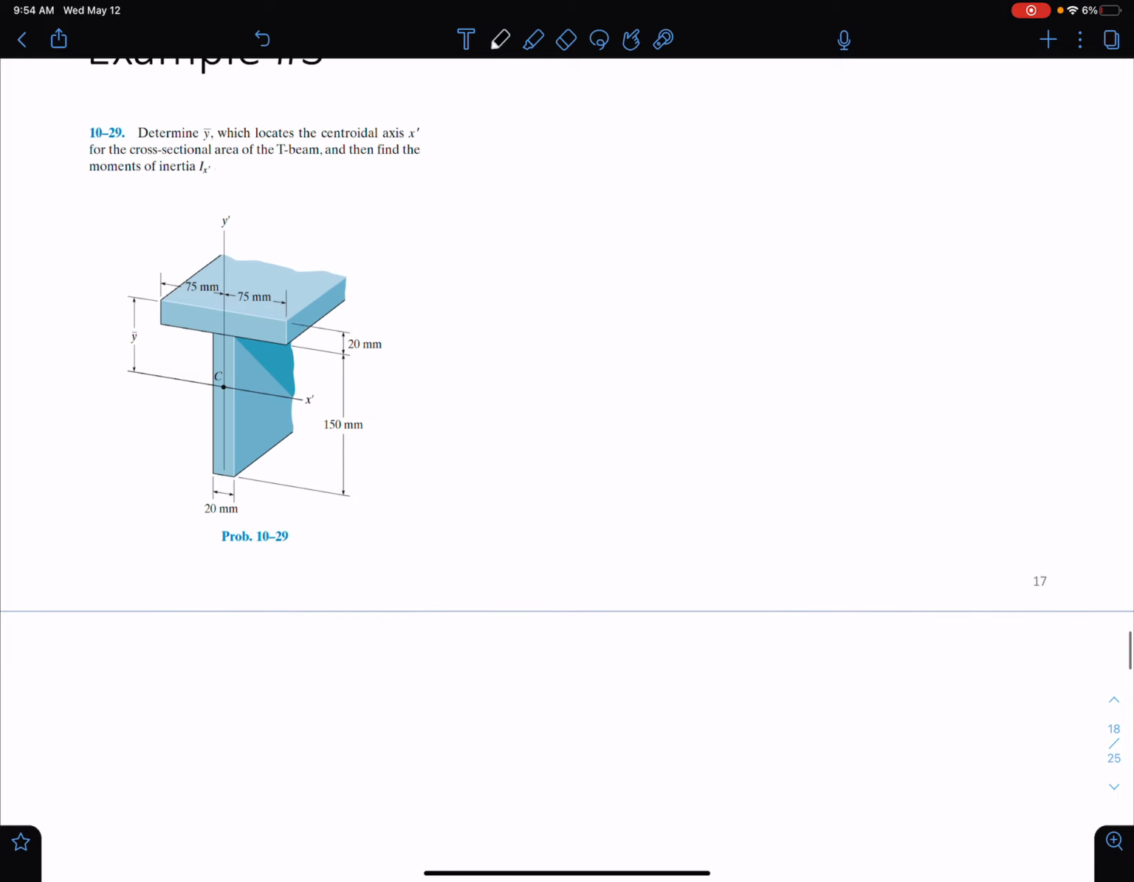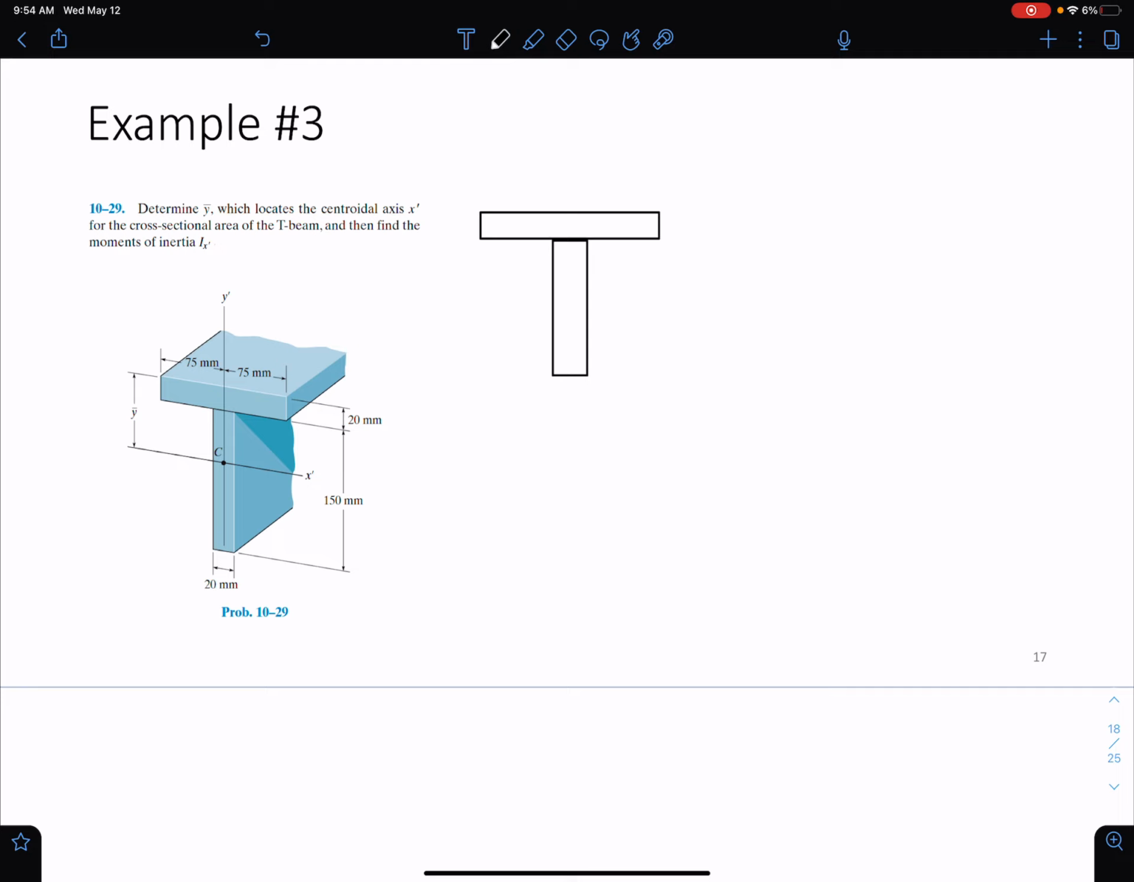What I like to do when I'm solving these is redraw the problem here because I'm going to be marking up the cross section quite a bit. So I'm going to redraw everything here. At the top I have 150 millimeters, then I have 20, then I have 150, then I have another 20. Okay. The first thing I need to do is find y bar, and we've done this in